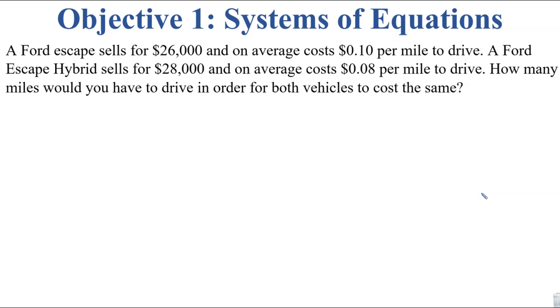Now, first off, what is a system of equations? Well, let's give you a real-world example where you'd want to use something like this. Let's talk about hybrid vehicles. Let's say that a Ford Escape sells for $26,000 and on average costs 10 cents per mile to drive. Again, the Ford Escape Hybrid, so the same car but the hybrid model, costs $28,000 and on average costs 8 cents